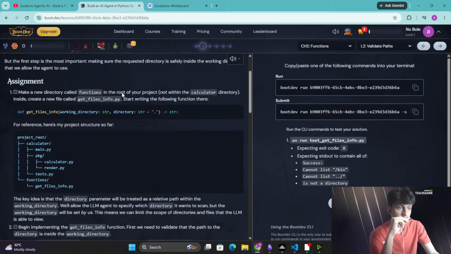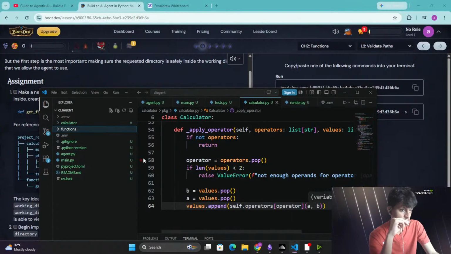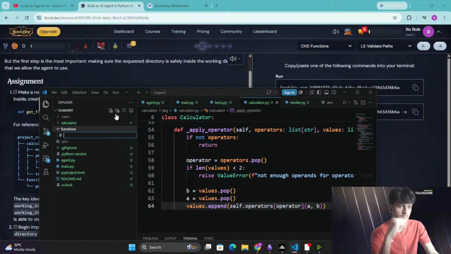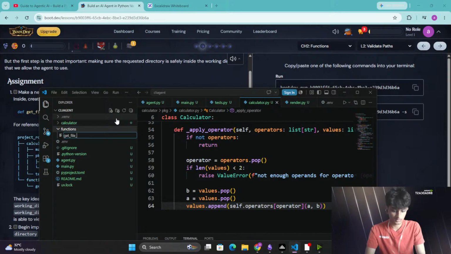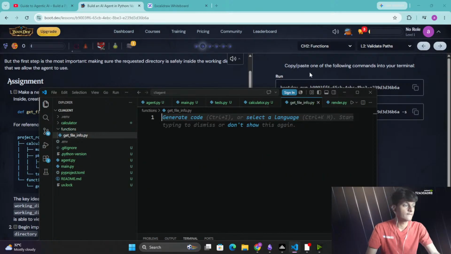And what this guy is saying: make a new directory functions in the root of your project. Inside, create a file called get_files_info.py and start writing the following function there. All right, start doing it. Let's see. get_file_info.py